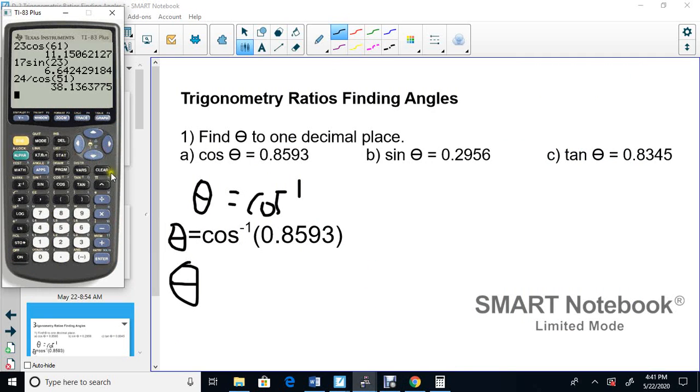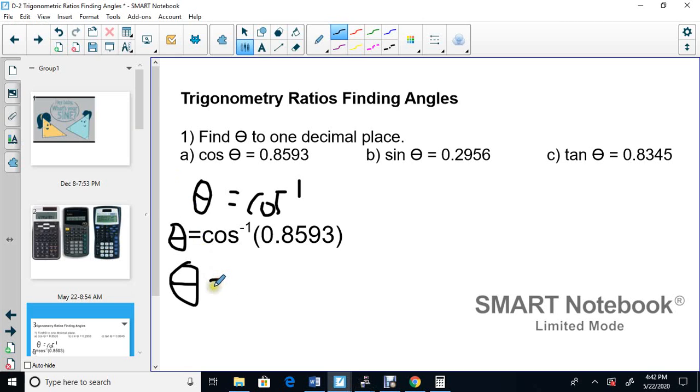I love these two-line or the multi-line calculators because you can just put exactly as you see. You go second, cos, and you see the -1, and you put 0.8593. So make sure that calculator is set to degrees. And you got 30.76, we'll round to 1 decimal, 30.8. Okay, so we'll put 30.8 here,